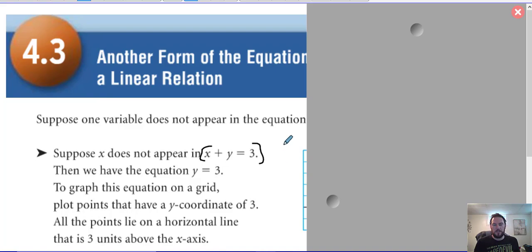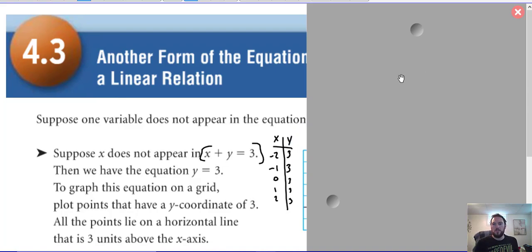Well, if I were to make myself a table of values, so x and y, even though there is no x, let's just say x is -2. Well, if x was -2, we come over to our equation and we say, well, what is y? If there is no x there, it doesn't change the value of y, so y is 3. And if x were -1, again, come over to our equation. Again, there's no x's, so it's not having an impact on the value of y. So again, y is 3. And if x were 0 or 1 or 2, we would get 3 and 3 and 3. Or in other words, what happens here is this is a line that only ever has a y coordinate